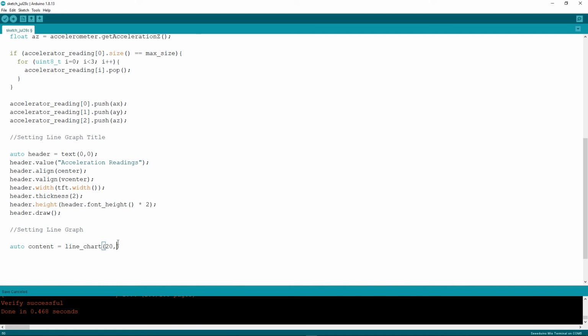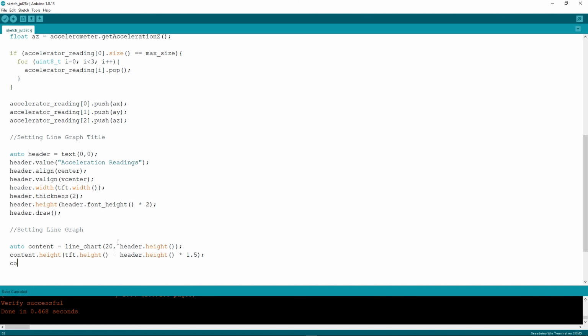So 20, header dot height, and then I will set the height, content dot height, as tft dot height minus header dot height times 1.5.